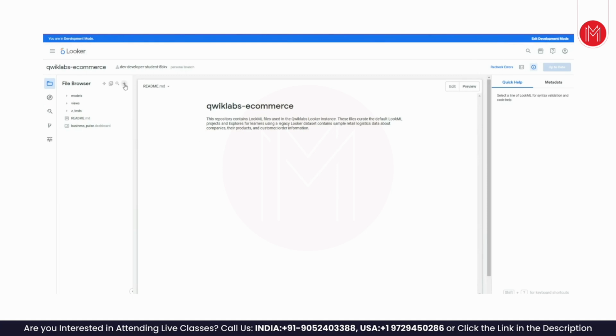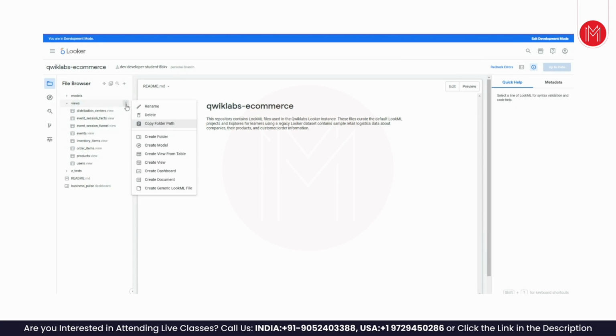Now, bringing the views, bringing the tables from back end to front end. Once I click on these three dots or once I click on this plus, I see these options. I want this under the views folder. That's why I'm clicking here. The fifth option you are seeing, create view from table. Once you click on this,